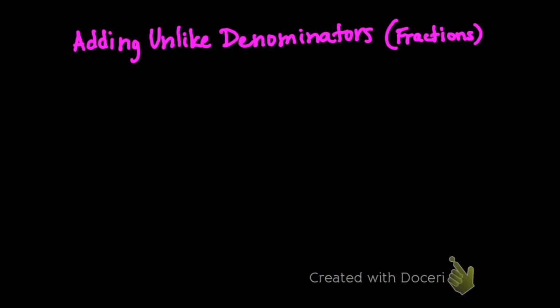Adding unlike denominators is built off of a 4th grade skill. In 4th grade, students are required to add like denominators, or denominators that have the same amount. What I mean by that is they were maybe given an example of 1/4, and they're asked to add 2/4 to that amount. So when we're looking at this visually, and we're drawing a model to represent what we're doing